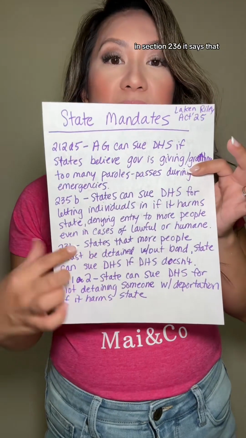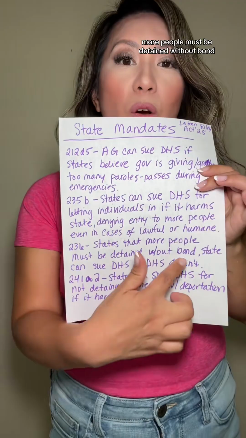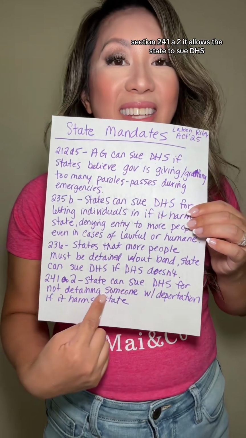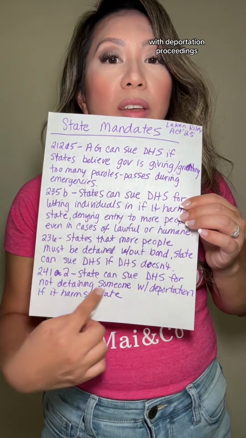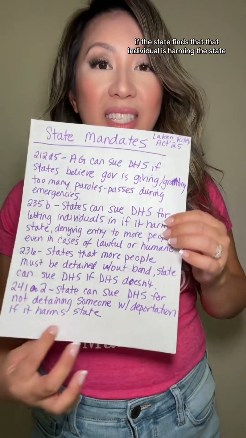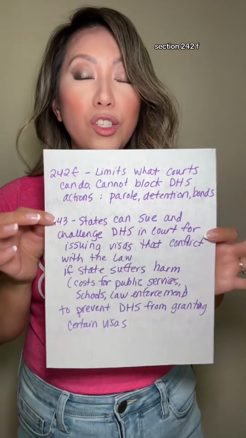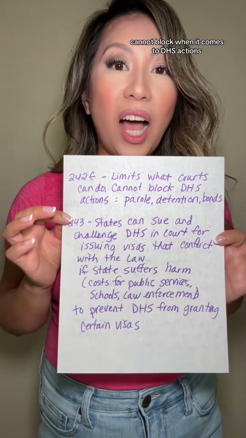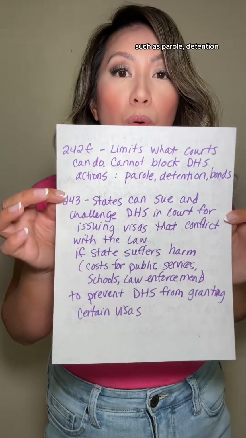In Section 236, it says that more people must be detained without bond. Section 241A2, it allows the state to sue DHS for not detaining someone with deportation proceedings or deportation orders if the state finds that that individual is harming the state. Section 242F, it limits what the courts can and cannot block when it comes to DHS actions, such as parole,